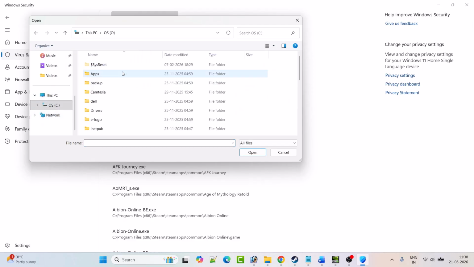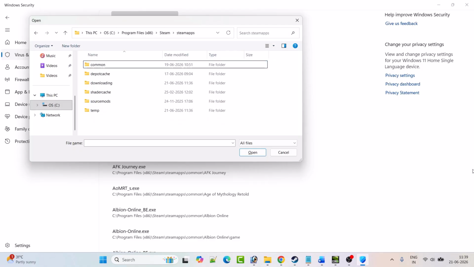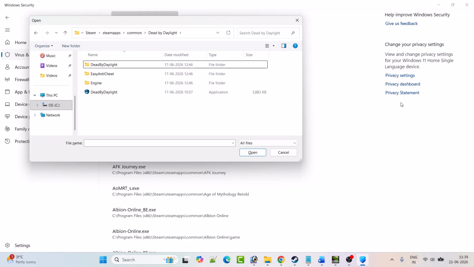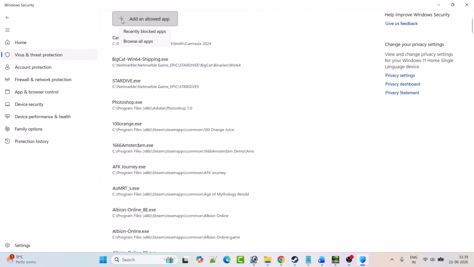folder. So browse to C drive, program files x86 folder, Steam folder, Steam apps folder, common folder. Open the Dead by Daylight game folder. First select this Dead by Daylight exe file, click open, and then click on add an allowed app, browse all